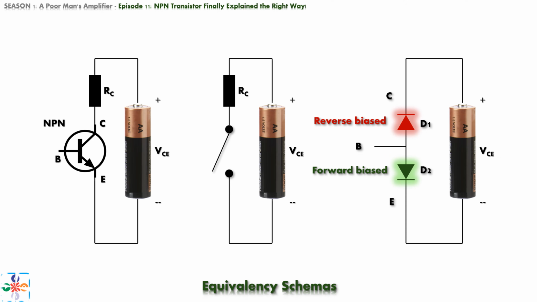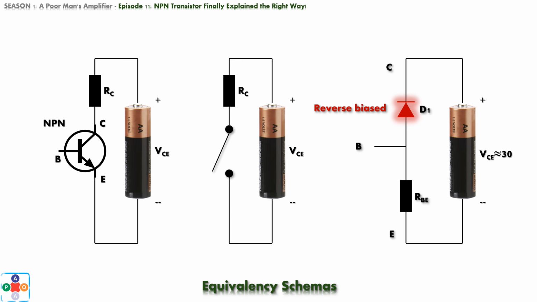battery. From previous videos about diodes, we know that forward biased diode conducts current, with very small voltage drop of 0.3 or 0.7 volts, so, we can go one step further and replace this diode with an equivalency resistor, RBE. The abbreviation comes from fact that this equivalency resistor is between base and emitter terminals. Now, this equivalency RBE resistor will play important part in our future videos, when we talk about transistor as an